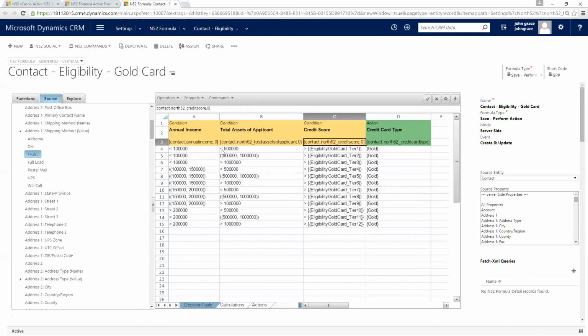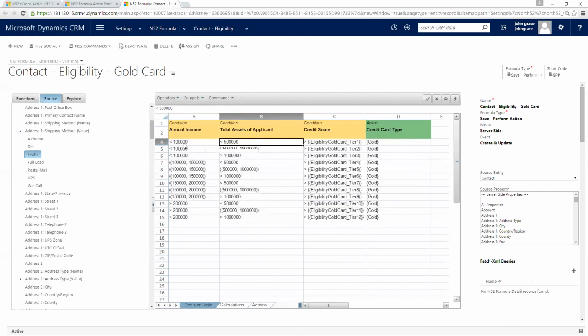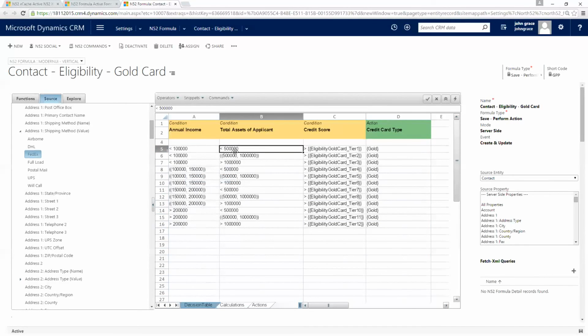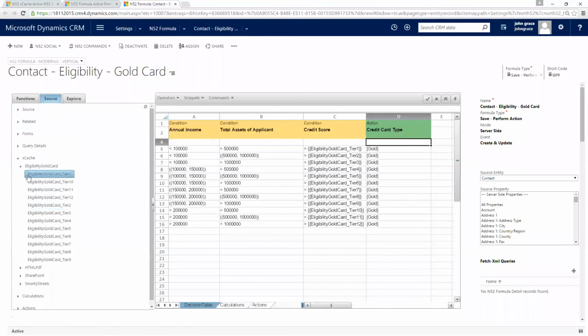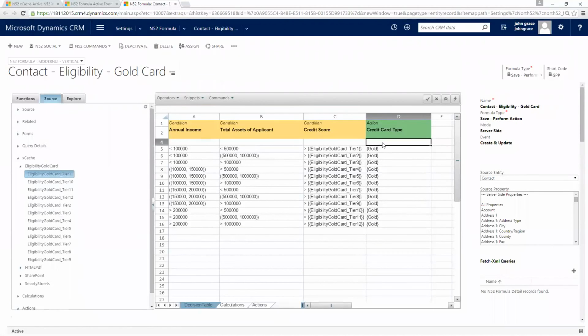And then the last item on this demo is, let me just hide that box, insert a row. Sometimes there's the need that as part of the decision table, you need to be able to do an action just once at the very start of the processing. And so what you can do is you can actually put in an action here. This might be, I don't actually have any here, do I? No actions. But you can put in like an action,